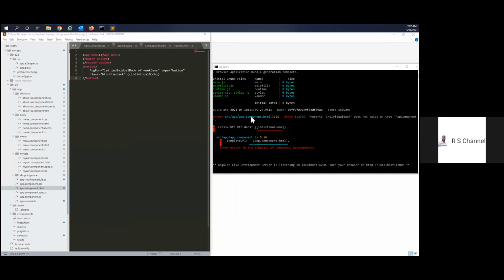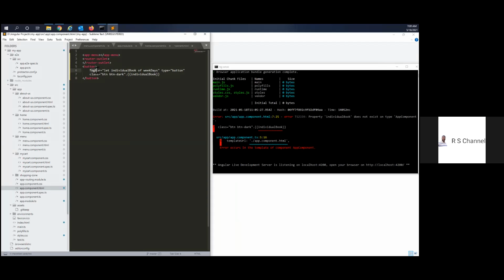Individual book does not exist. Oh, you should not give it inside the class. No, this ng4 should be in the button. In line number 6, before the star ng, yeah, from there you cut.